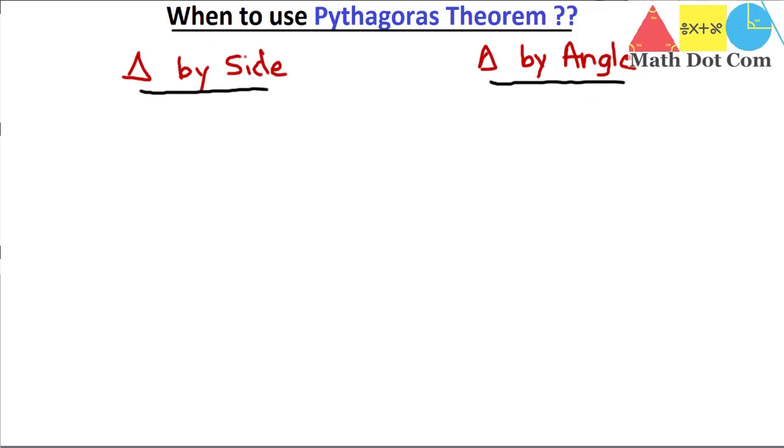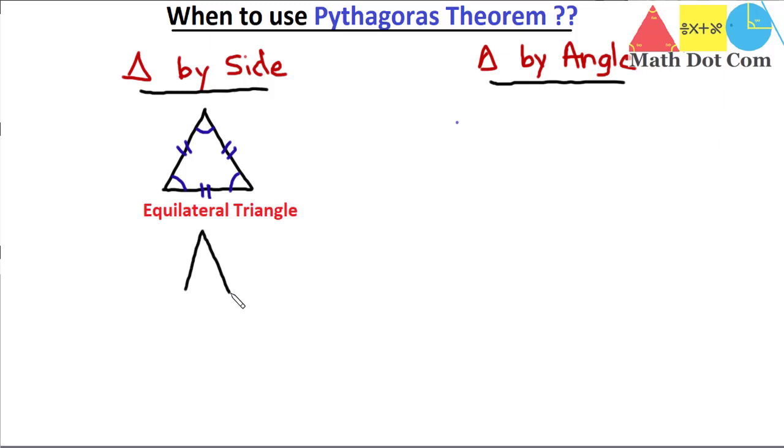So first of all, we have a triangle like this. This is a triangle having all the sides equal, all the 3 sides equal, and the angles as well. So this is called an equilateral triangle. Another kind of triangle is an isosceles triangle. It's a triangle having 2 sides equal. These are the 2 sides which will be equal, and these 2 angles will also be equal. So it is called what? It is isosceles triangle.